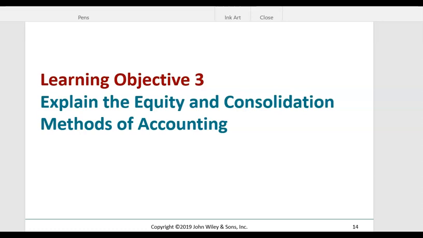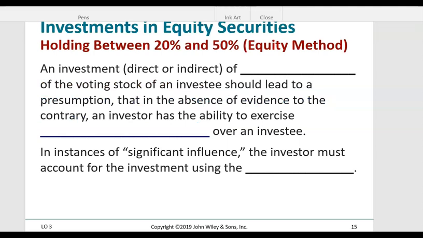Let's move on to the next method, the equity and consolidation methods of accounting, but we're really focused right now on the equity method. When an investor has equity holdings between 20 and 50% of the investee's stock, we use the equity method. So an investment, whether it's direct or indirect, of 20% or more of the voting stock of an investee should lead to the presumption that, in absence of evidence to the contrary,